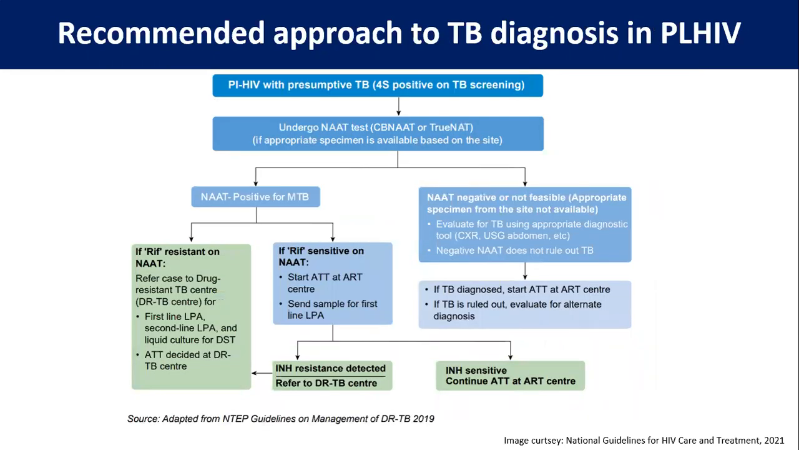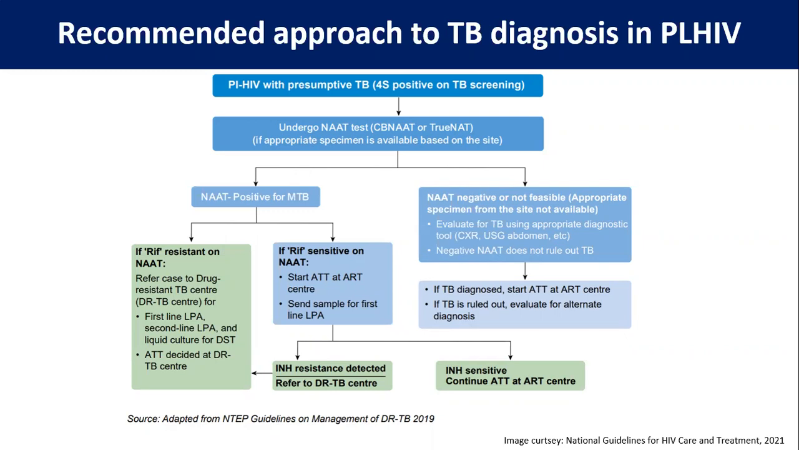Now, the diagnosis, as we said: once a patient is found to be positive for any of the symptoms of tuberculosis, the 4S symptoms, we send the patient for CBNAT testing. In CBNAT testing, we get 2 reports. One, whether the patient is reactive to, having tuberculosis or not,